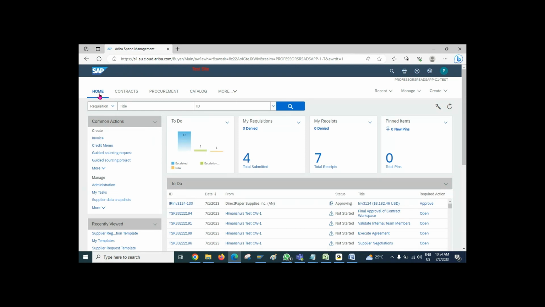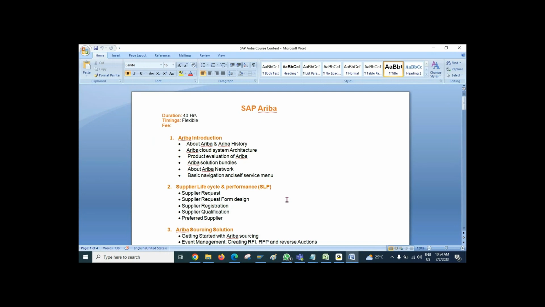Okay, so overall, as an Ariba consultant, we should know the business process at a detailed level, and we should know the configuration part. Though the configuration part is a core competency of the Ariba consultant, the end user part will also come as part of our core competency. Just to meet this kind of roadmap, we have prepared our course curriculum in the same way.